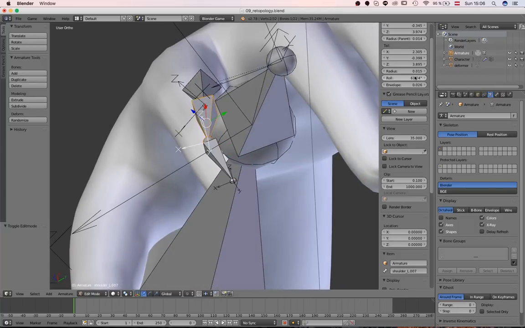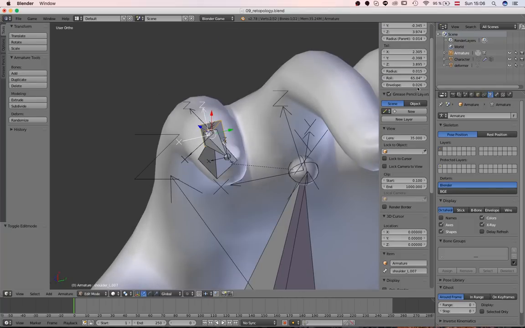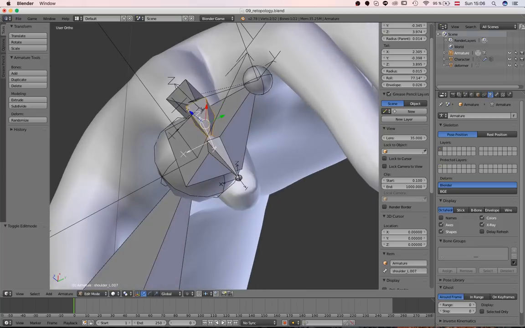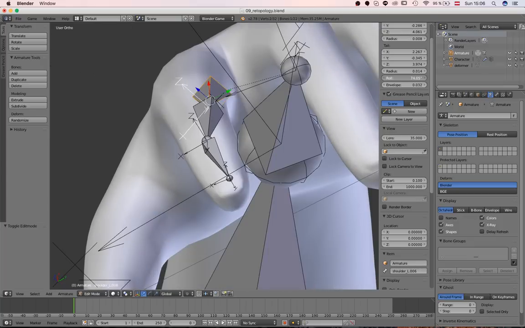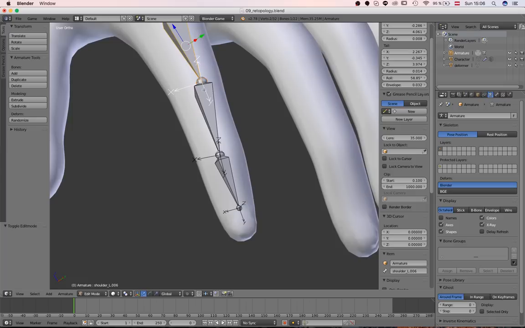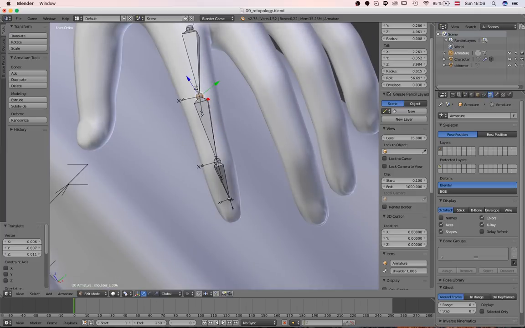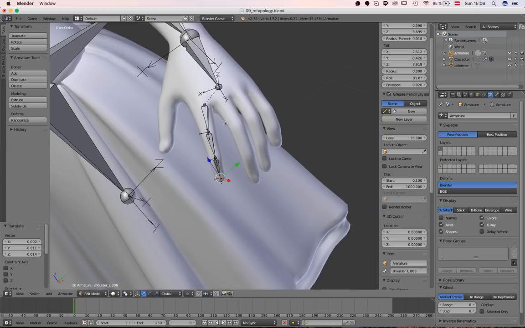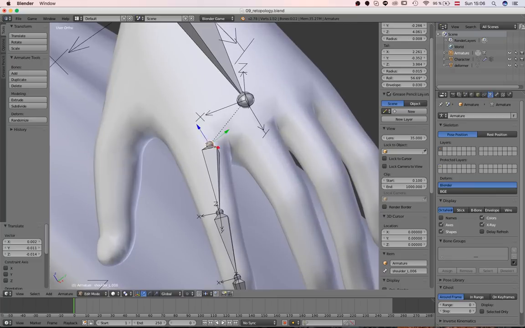Same for this one. It's a bit hard to tell because it's inside. Maybe it was a bit too much. And here, this one looks not too bad. So this is how your finger should look like. And as for naming, you know, thumb, index, middle, ring, pinky, and